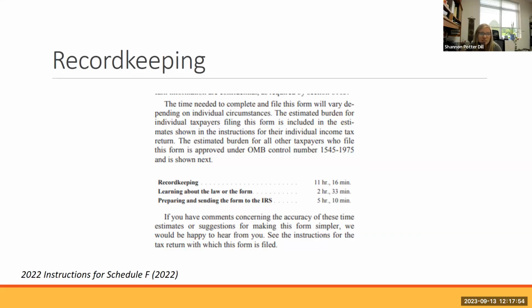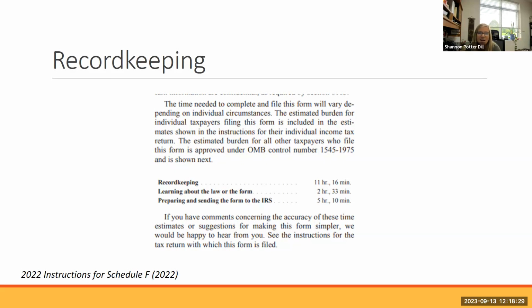Also in the instructions for the Schedule F, the IRS wants to let you know that there is time needed to complete and file these forms and to have these records together. They actually estimate the burden of individual taxpayers filing forms. I thought it was interesting because we emphasize the importance and need for good record keeping, understanding the law and how it applies to your farm, and then preparing and sending the form to the IRS.